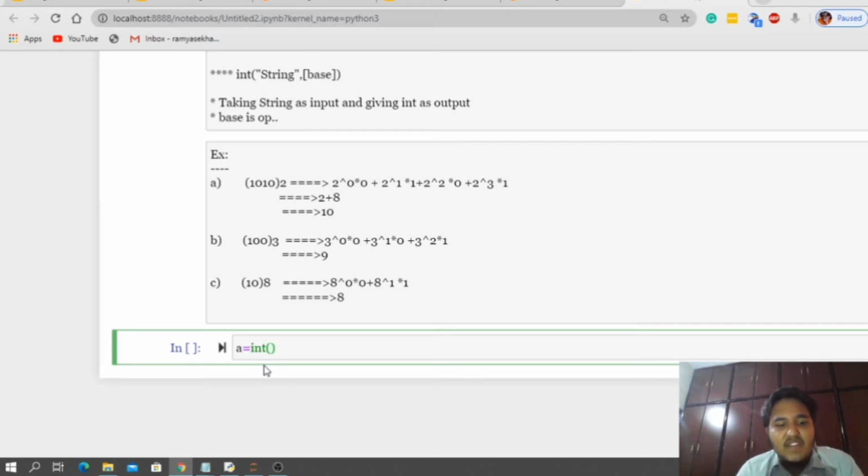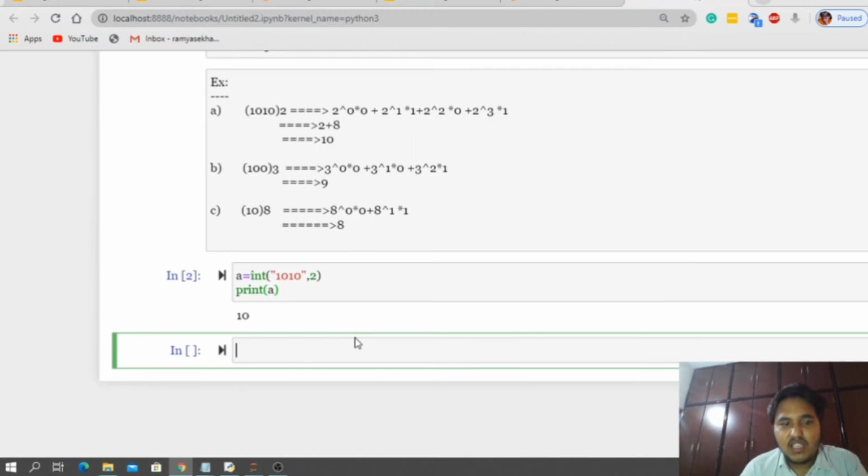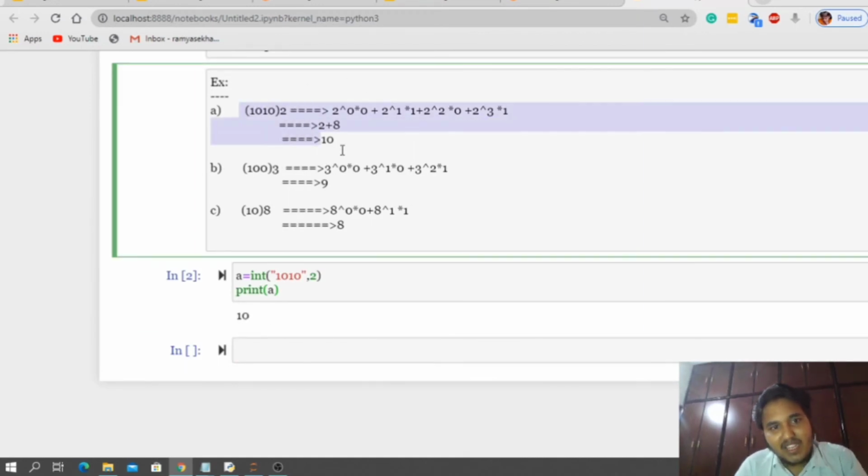In Python we will be having inbuilt support. With one line of code only we will complete this. See here, guys, now I am expecting 1010. Let us take this example, provide this for int function. So 1010 is my binary value, base 2, right? It is in base 2 and now I want to convert that into base 10, right? So let me print that a value. See, yes, I am getting 10. See, this function is automatically doing that.